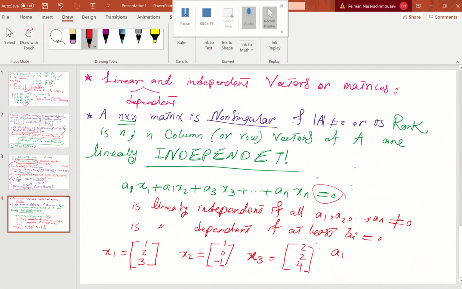Now let us consider a1 x1 plus a2 x2 plus a3 x3 is 0. We want this equality to hold. That's right. So we have to find a1, a2, and a3. So you see that this equality is not possible until that